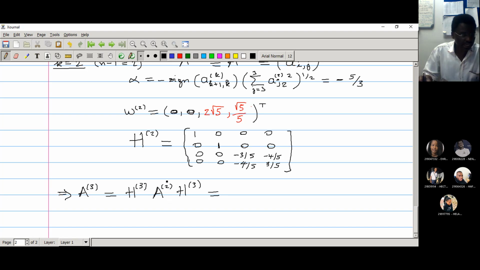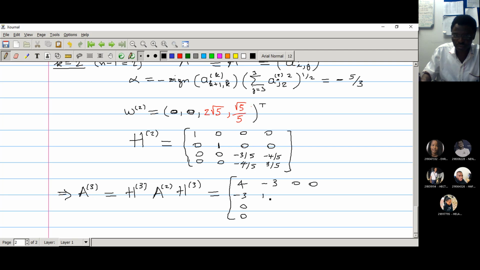So you see that when we multiply this, that column, first row, will remain unchanged. So A3, you get 4, -3. The two zeros that we zeroed are here. And this -3 is here with the two zeros. So you can see that these are unchanged. They are fixed. Okay, so the new entries,